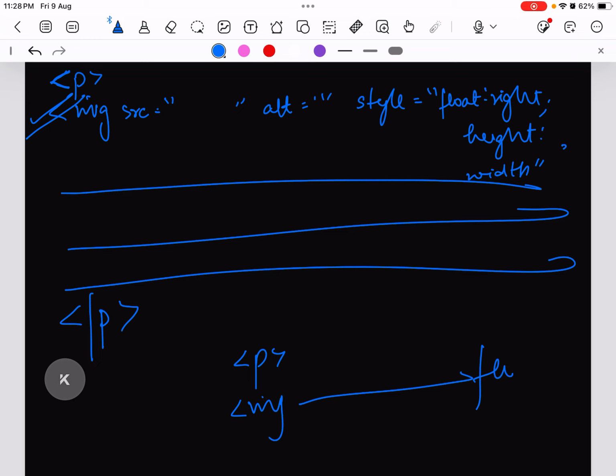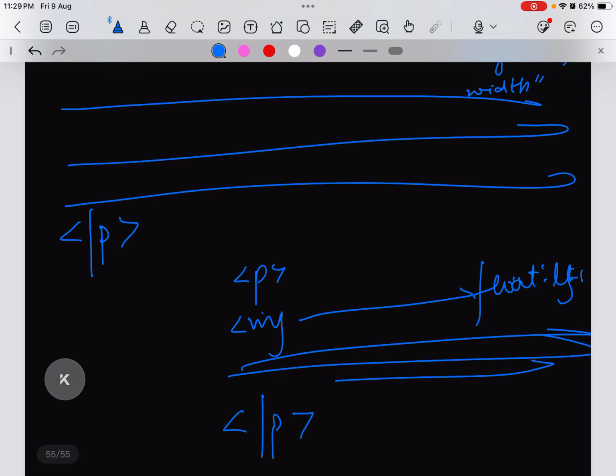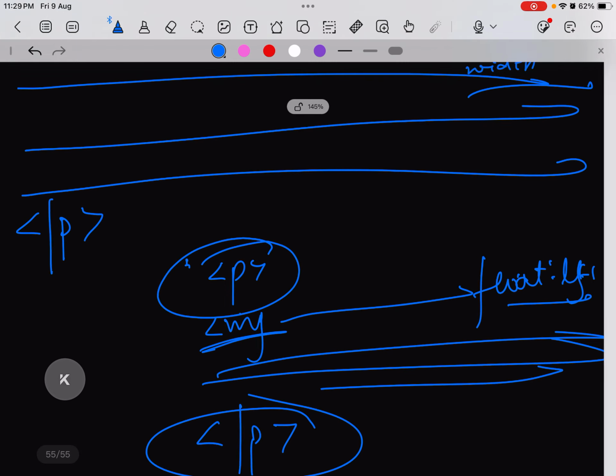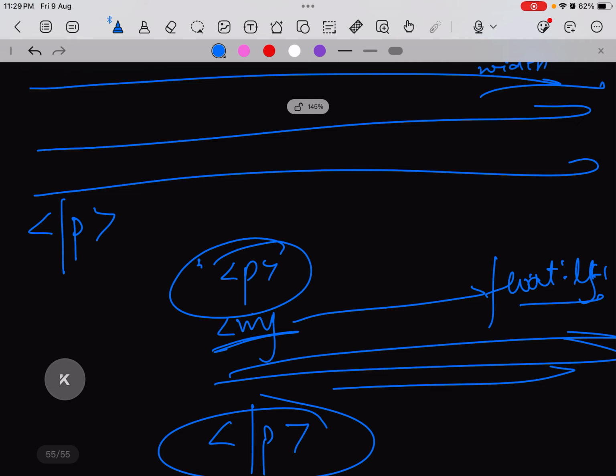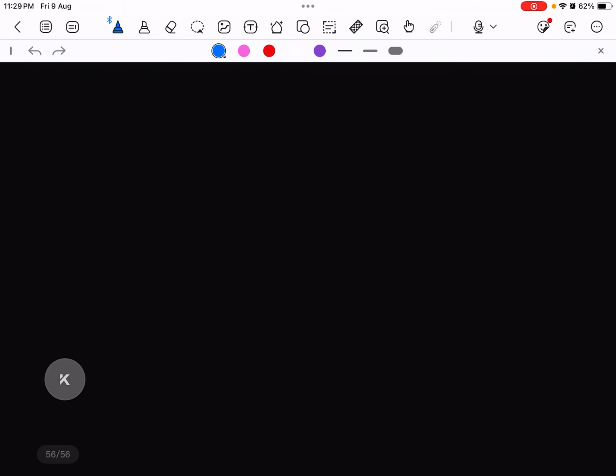Similarly, float to the left you can write. After that you will write the lines, and then you can write /p. So we are basically inserting an image in a paragraph. Float left or float right will decide whether the image will be left and the paragraph will be right, or the image will be right and the paragraph will be on the left. We'll implement all this when we'll do the worksheet of lecture 5. Okay, so moving on to the next topic,